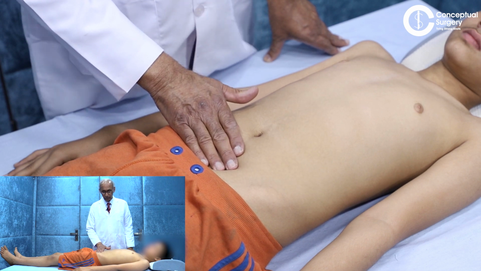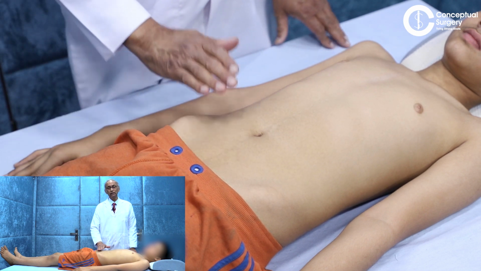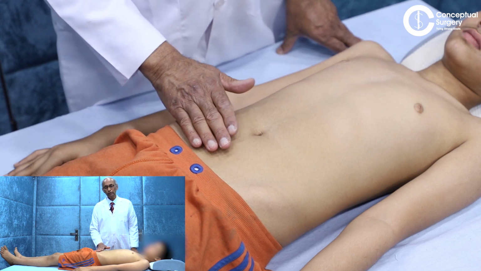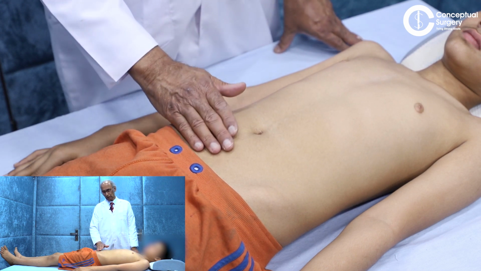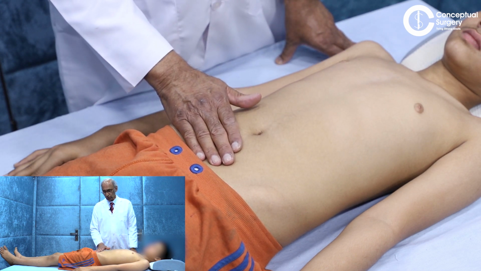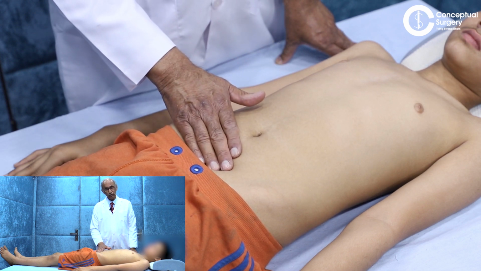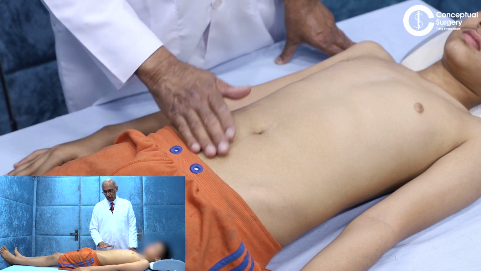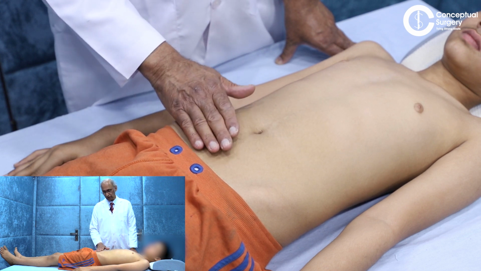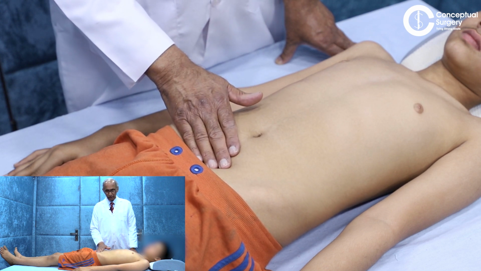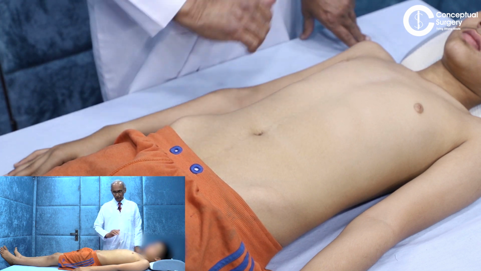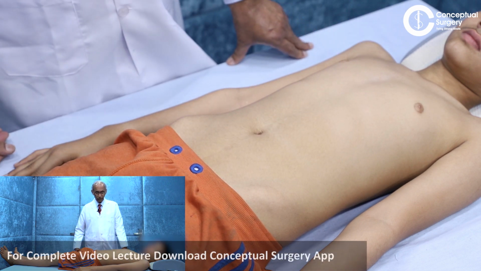The tenderness of the bladder is important to elicit, particularly in a case of hematuria, because the patient could as well be having cystitis, and that could produce hematuria. So it's essential to assess whether the bladder is enlarged or not in the first place. If it is enlarged, how enlarged? We'll talk about it in percussion. And see whether it is tender or not. Now, coming to the palpation of the kidney.